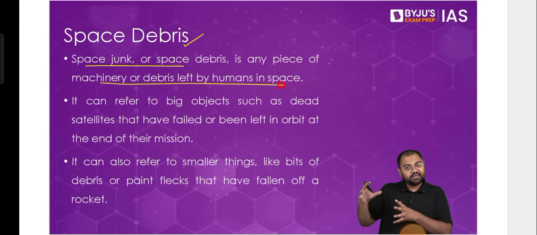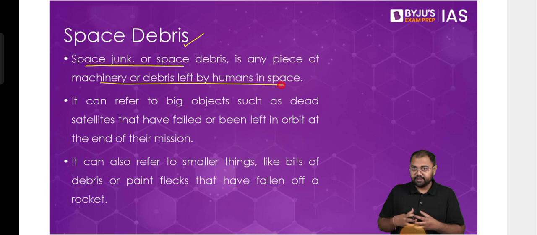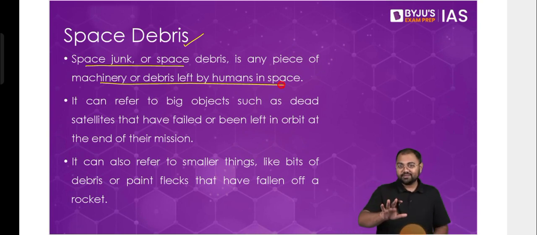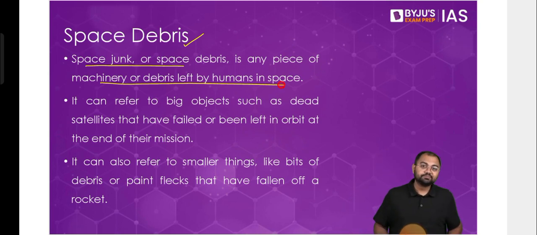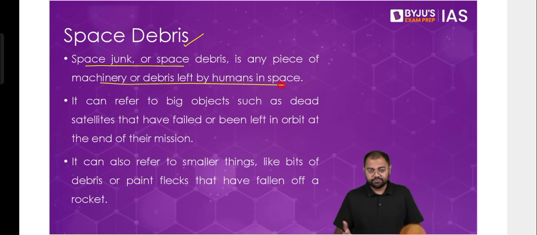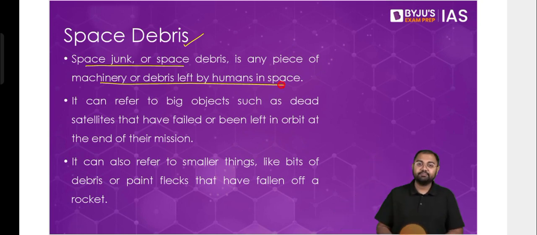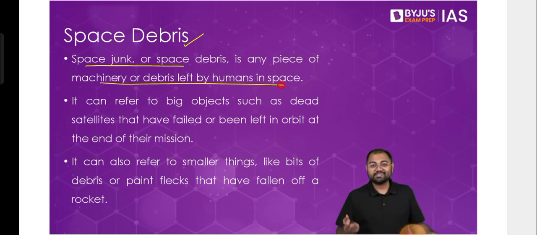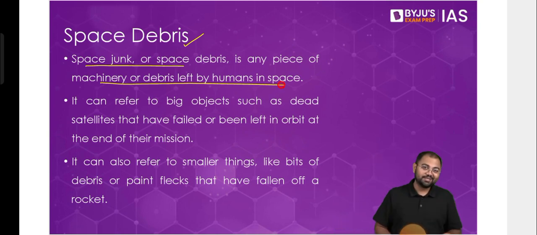Especially in the low Earth orbit, the number of launches compared to the high Earth orbit is much higher. First of all, it's easier to reach there. Secondly, as we discussed, the operational time of each of these satellites does not last very long, only 2-3 years, 5 years maximum, and you keep on replacing them all the time. So the junk increases, and then there are nano satellites that we are launching today, and projects like Starlink, where they are saying that 10,000 satellites will be launched. Just imagine the kind of problem that low Earth orbit is about to face, or rather is already facing.